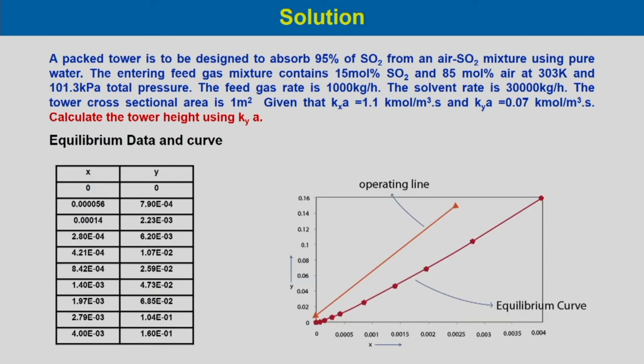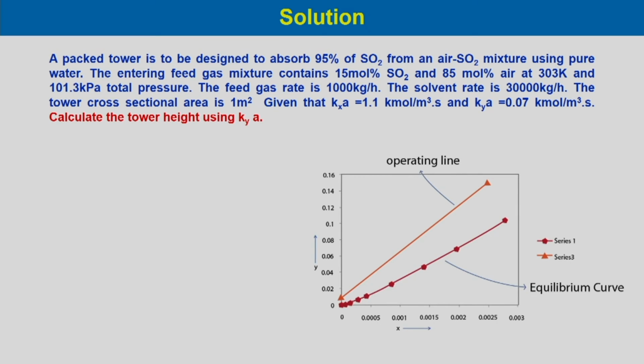So, now we have the equilibrium data, so we can plot the equilibrium line. With the data we have obtained, that is x1 and y1, and x2 and y2, with this data set we can plot the operating line. We know all the points, and we can just join the terminal points. Then we can obtain the operating line curve.